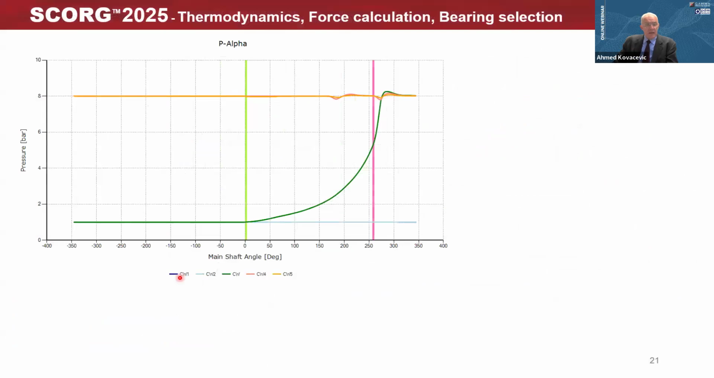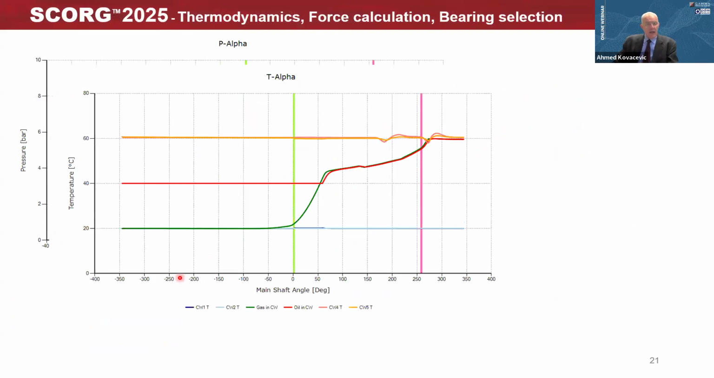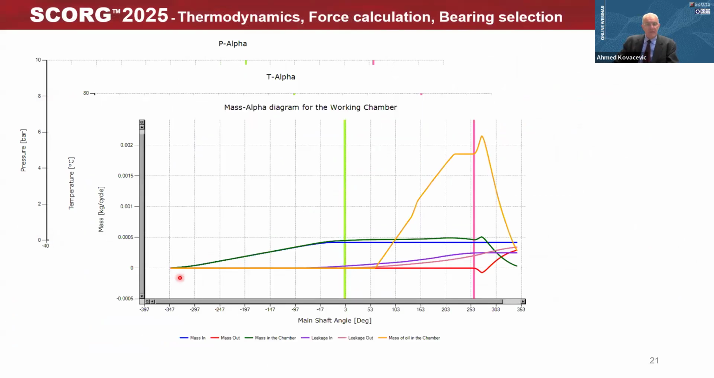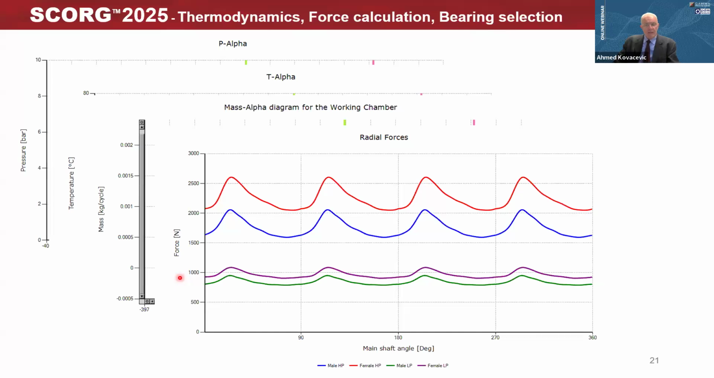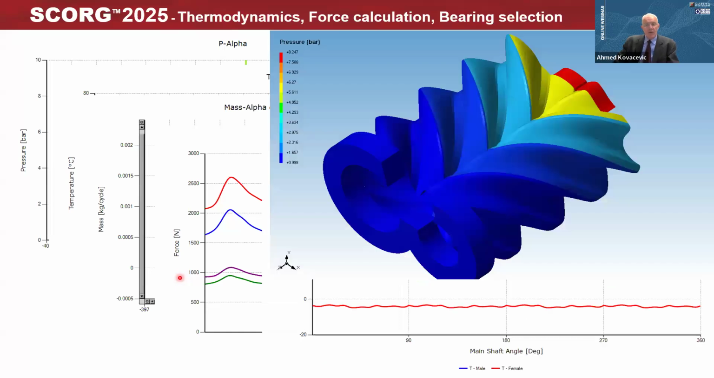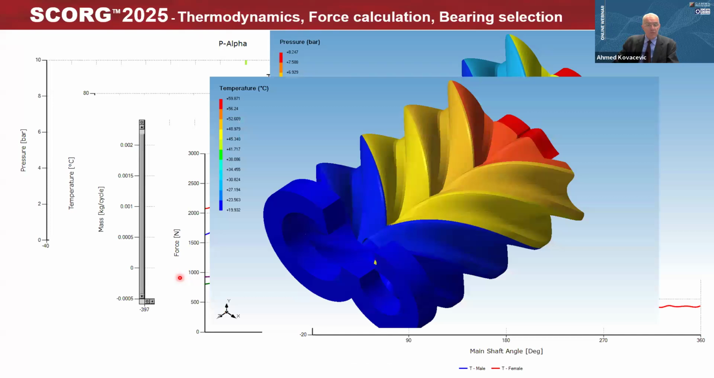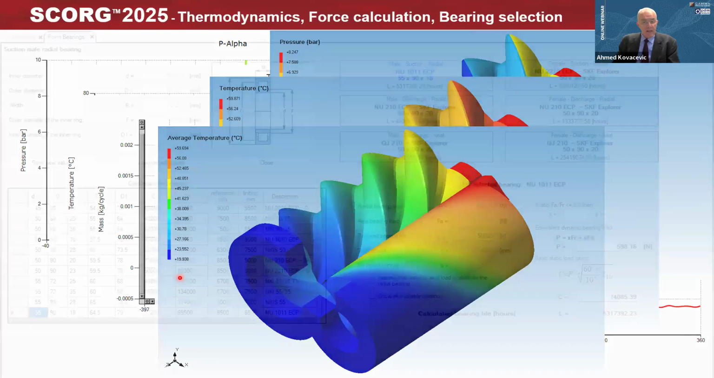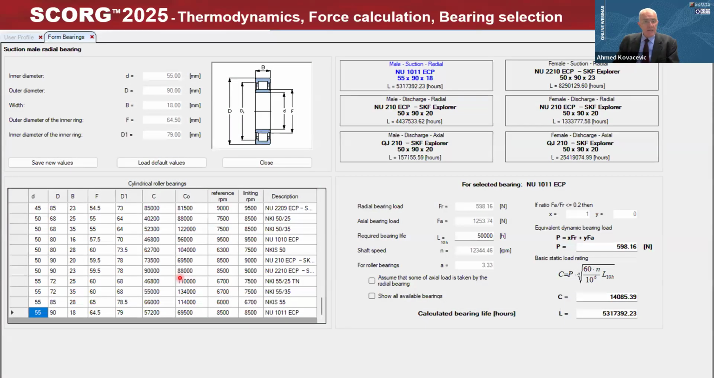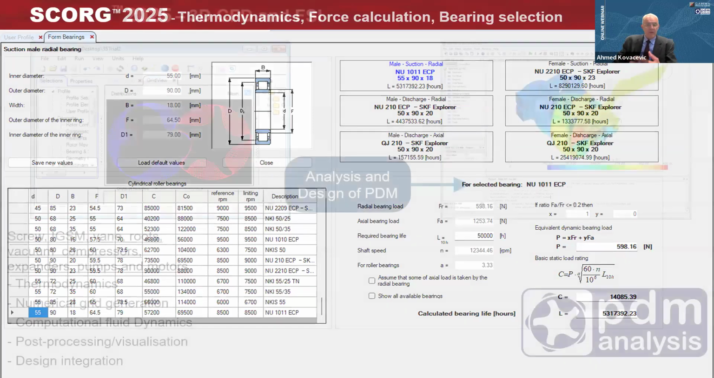Once that is obtained, then full thermodynamic performance can be obtained in SCORG. Here are examples of P-alpha, T-alpha, mass-alpha diagrams, force diagrams, torques on rotors, as well as representation of that in 3D, which is used for exporting into finite element or CFD analysis. Based on all of that, you can then use the facilities in SCORG to design bearings, to select the bearings from a database that exists in SCORG,